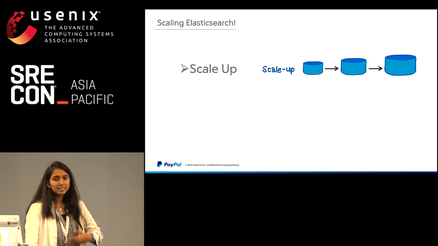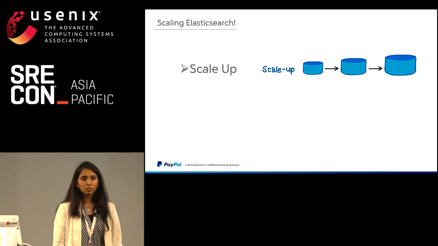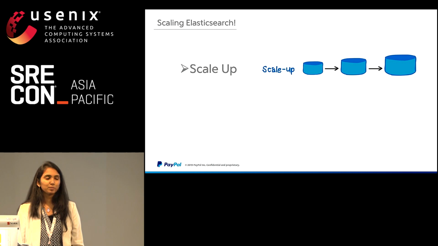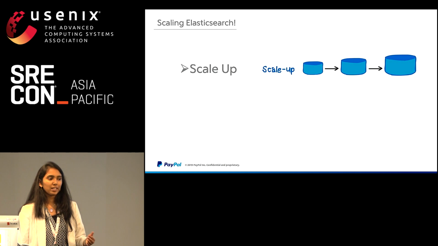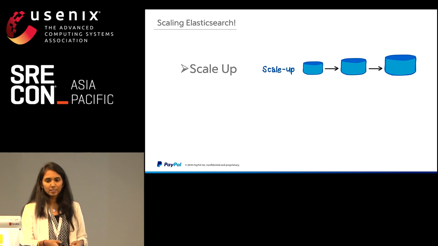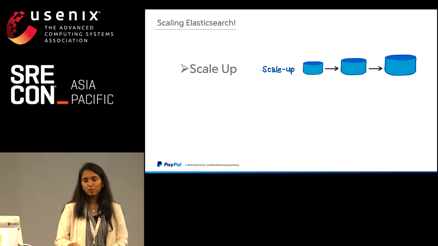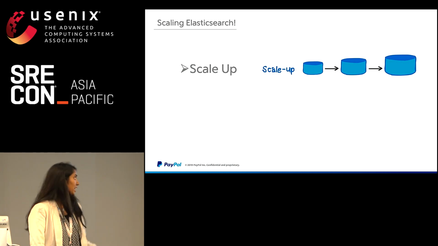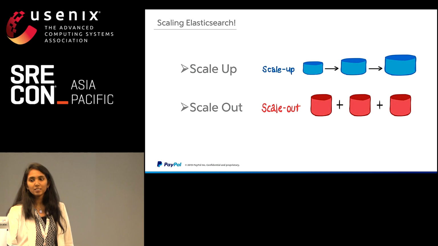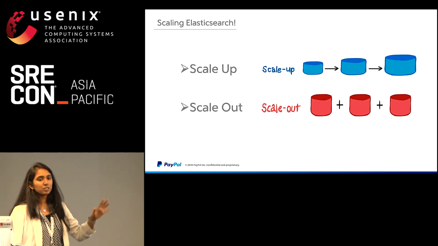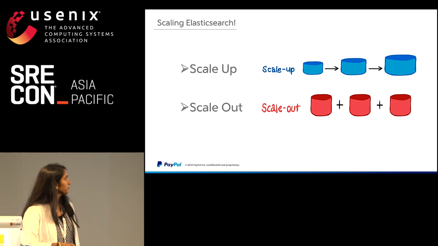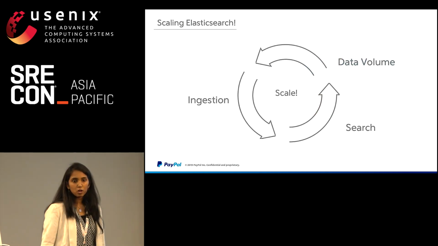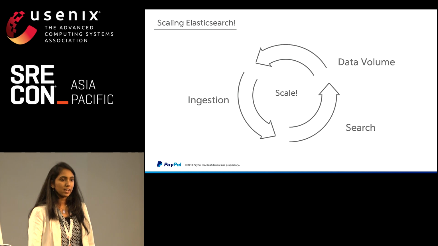And how do you go about scaling an application? Say, for example, you want to expand your family, not in terms of kids, but maybe by supporting another family. In that case, you can either have an additional room constructed in your existing place or a top floor, or, say you are in an apartment and have no other option, you go and buy a different apartment altogether. Constructing a top floor or adding a new room is scale up, and buying a new apartment altogether is scale out. These are the 2 common ways by which any application is scaled for a distributed system. And what does it mean for scaling in Elasticsearch?